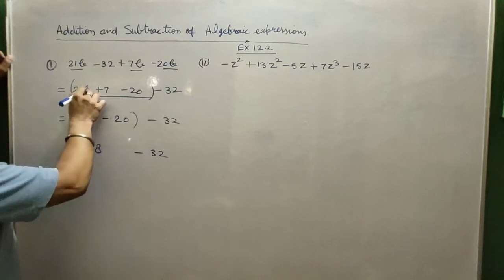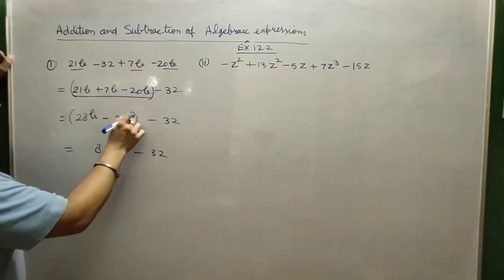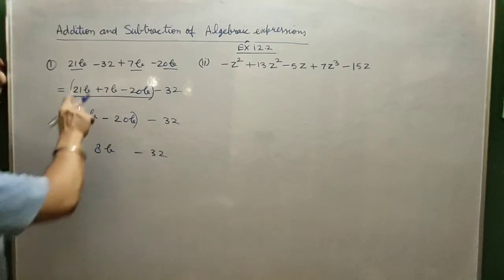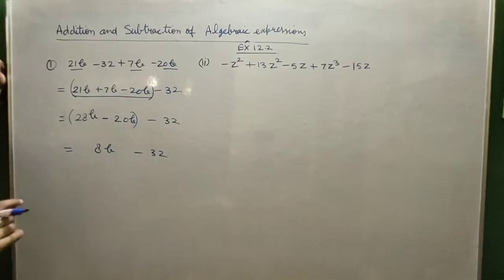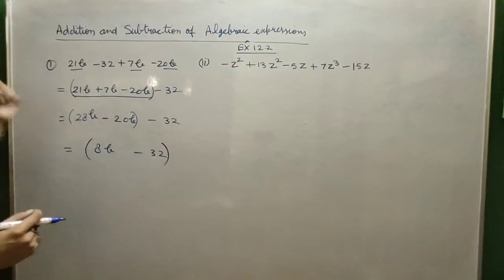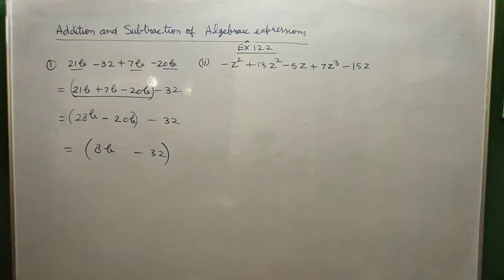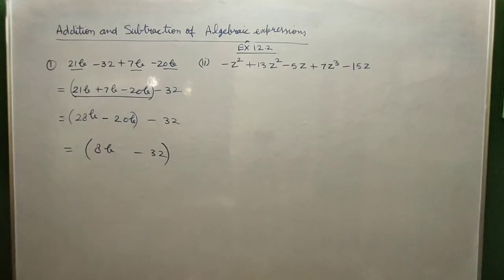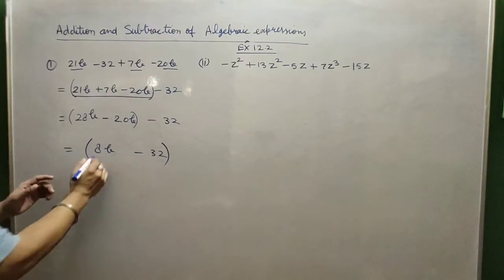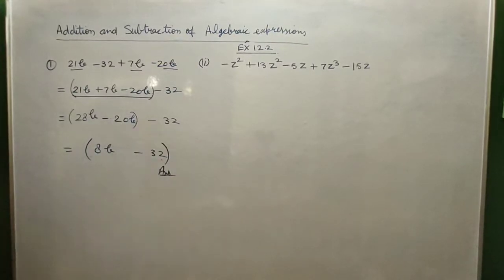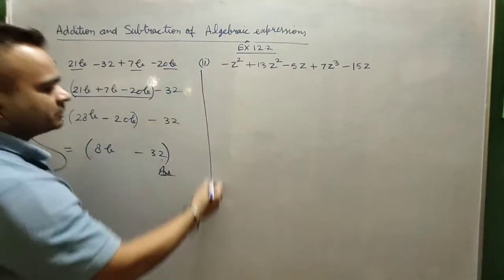Now you can see there is no role of this b while you are adding or subtracting. It is only helping you to decide whether these terms can be added or not. It means this is just for checking whether it is a like term or an unlike term. That's it. Otherwise, your addition or subtraction will be done with the numerical part, which you have done in earlier classes also. Right? After this you can see both are unlike, and it means you can leave your answer as 8b minus 32. That's it. Now I am coming to the next one.